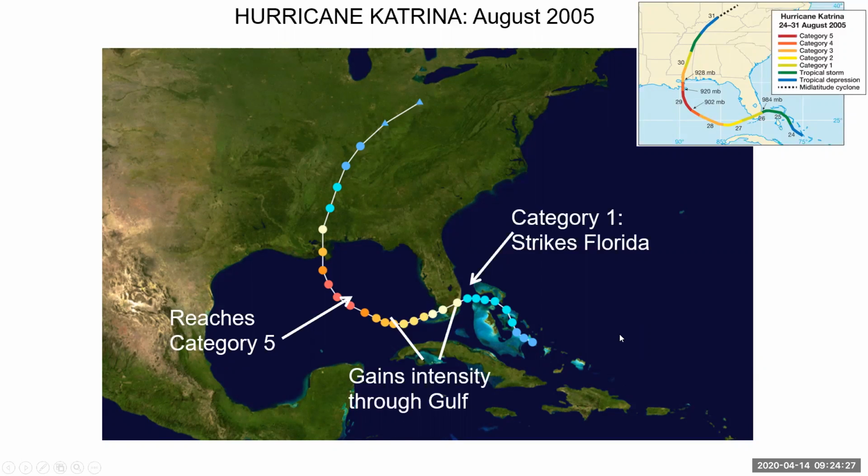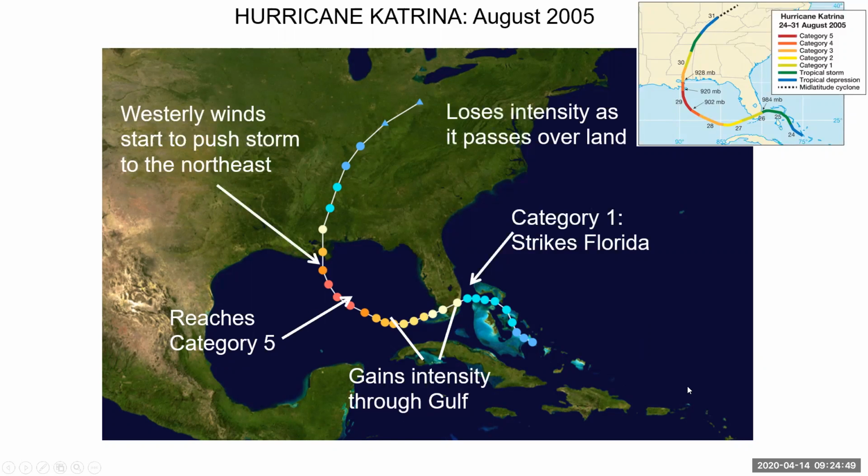You can see how the heat of the Gulf of Mexico began to lower the pressure, which fuels the speed, and then the confluence of the winds again. The easterlies were the ones that were pushing it into the Gulf of Mexico, but at some point the westerlies picked up and it began to move it up towards New Orleans. And again, the rest of it was history, incredible damage that it caused, and so on. Anyway,